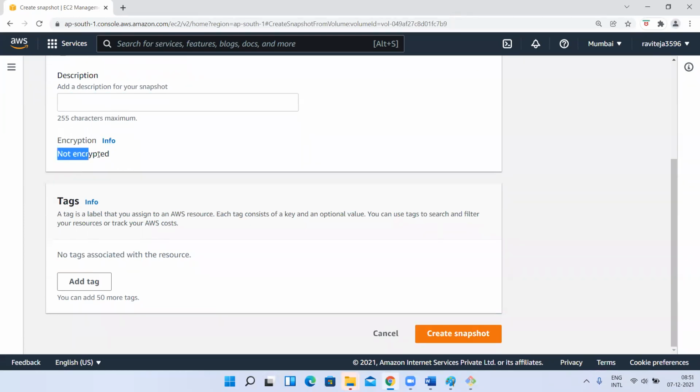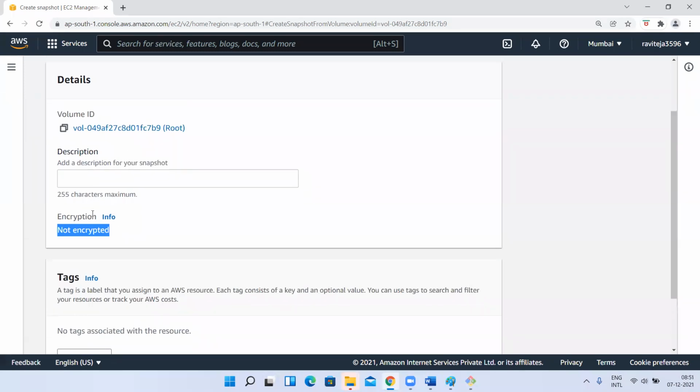See here, this is not encrypted, which means I'm unable to encrypt my snapshot. Why? Because while creating a snapshot, if your volume is encrypted, the snapshot automatically will also get encrypted. If your volume is not encrypted, your snapshot will not get encrypted.